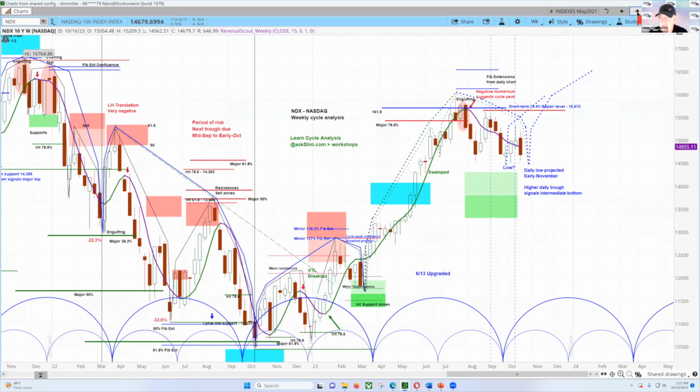Let's take a look at the NASDAQ. It is the same story. This daily low projects out to early November. This is coming down. Supports right over here at 14,300 and then down over here at 13,825. I don't think this could be in play 13,300, but it would take a panic, a pretty good panic if